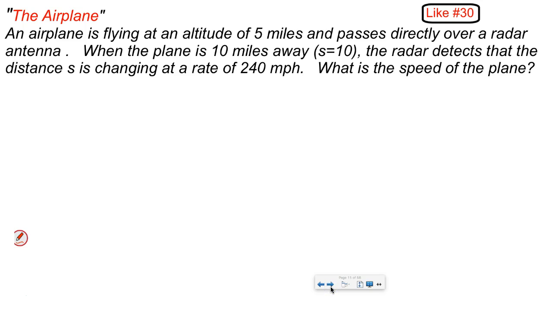Next up. An airplane is flying at an altitude of 5 miles. That would be a constant. It's just flying along. So let's have that airplane come zipping along here at an altitude of 5. It passes directly over a radar antenna. Let's say that's over here. There's a radar antenna. When the plane is 10 miles away